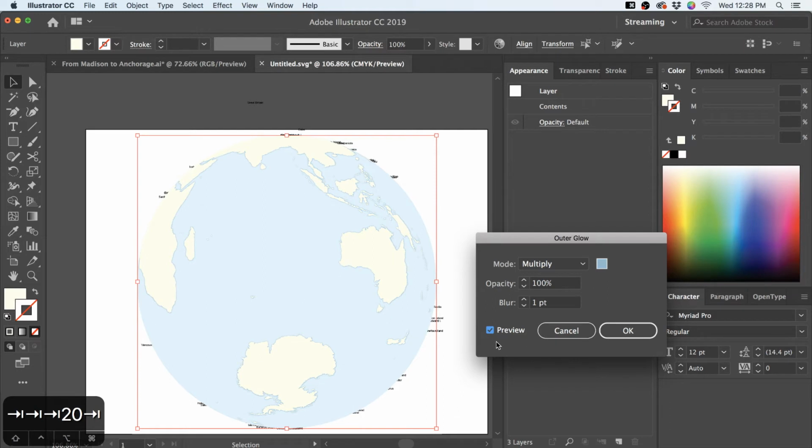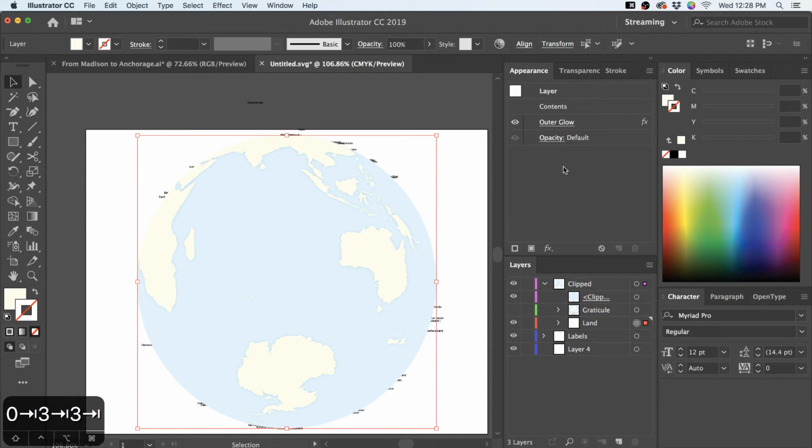And let's preview that and see what happens. Yeah, here we go. Let's blur that out a little bit more. And let's make that more transparent. I want to be subtle about this. There we go. The idea is you almost can't tell it's there. But it's still doing a huge amount of work to separate the land and the water. If I turn that on and off, you can see how helpful that is.